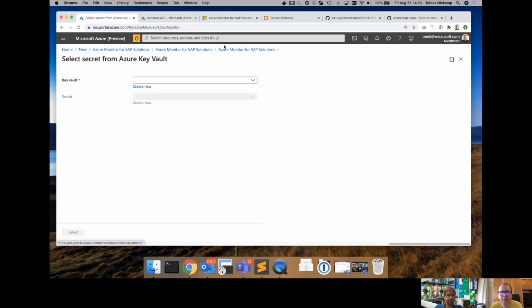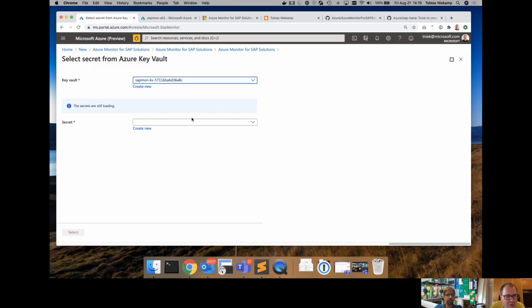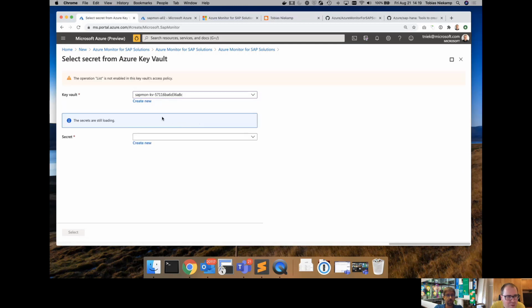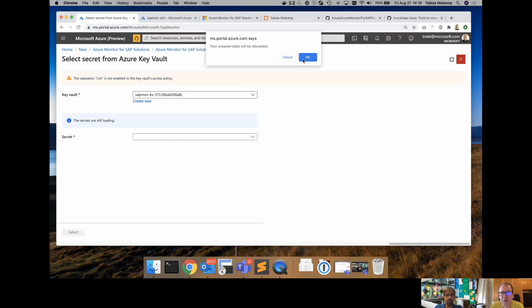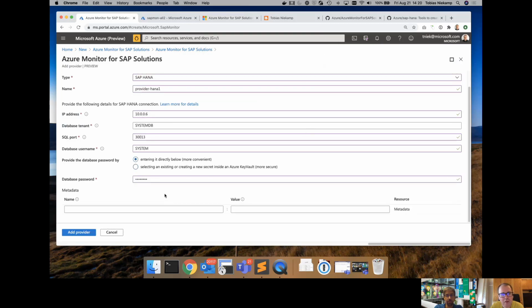So if you do that, right, you click there, it opens a new blade here, and yeah, you would be able to select. I'm not sure I have access to this one, but. Oh, but nice. So really, like you said, someone else could actually maintain the credentials in the Key Vault, and then the one who actually connects to Azure Monitor would not even know the password.